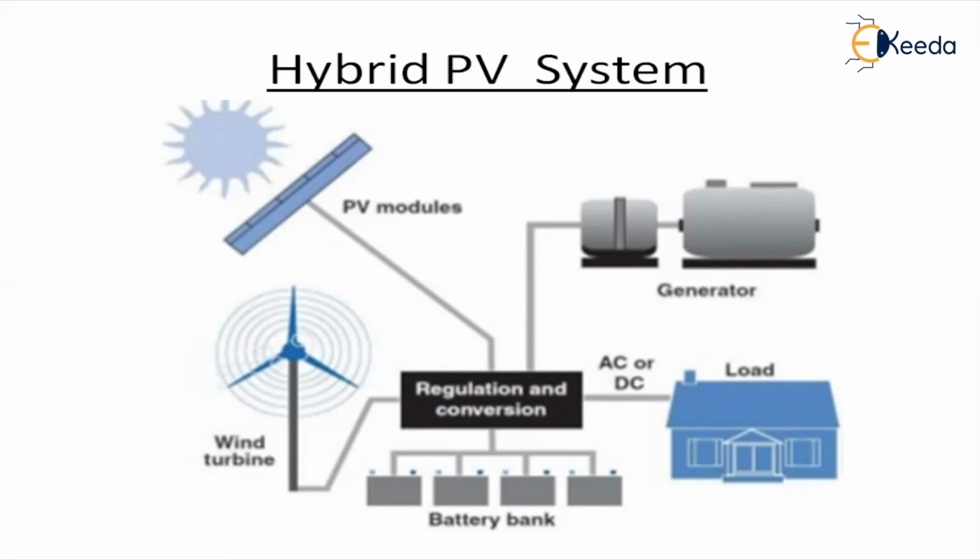So here it is not one energy source. Previously, we talked about only PV, whatever energy we are getting and giving. Here we are connecting many energy sources, like wind and generators, and then it is connected to the grid or the load. If you're connecting with the grid, it is connected to the load somewhere, giving supply to the load. So this kind is a hybrid PV system. It is one form of distributed generation also, where many things are connected together.